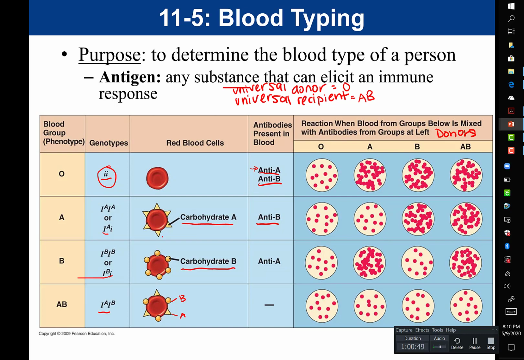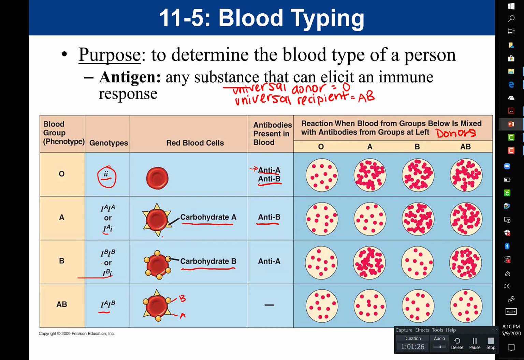What about, can you have a situation where you have two A parents, so two parents who are blood type A, and they have a child who is blood type B? Is that a possibility? Answer is no. Because if the child has a B allele, they had to get the B from one of the two parents, which means that there's no way both parents could be A. A parent could be a B,